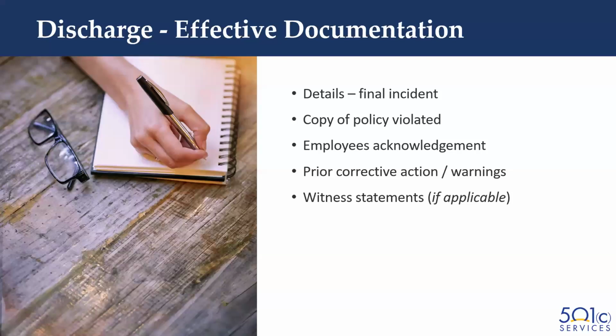So it's really these first 4 bullets: details, date and details of the final incident, copy of the policy that was violated, employee's acknowledgement of the policy, and then prior corrective action and warnings. And by the way, the state's going to be looking at your policies, not only to make sure that you followed it, but also that you are uniformly enforcing it, right? And if there becomes some sort of precedent, like if the claimant says, well, I was fired after 10 absences, but Joan wasn't fired, she had 15 absences, you're going to have to answer to that. You have to follow your policies, and you have to